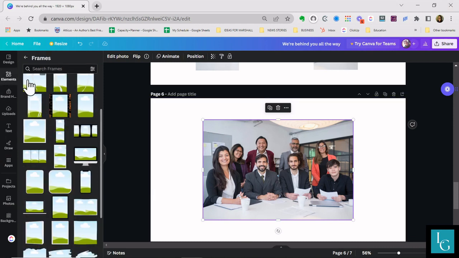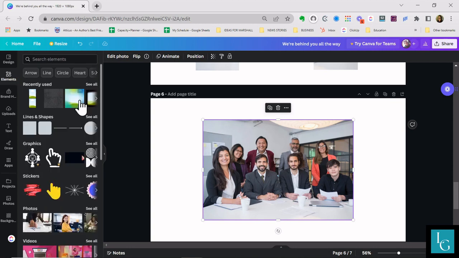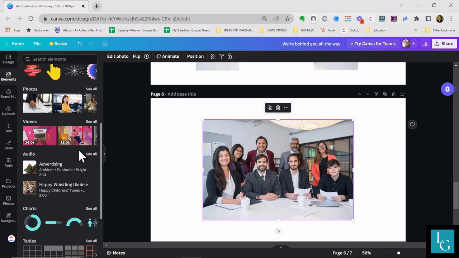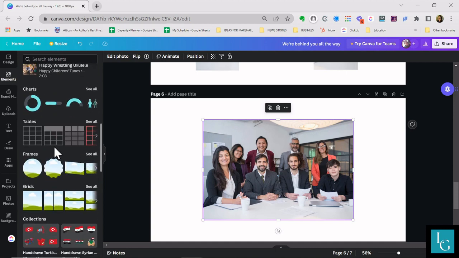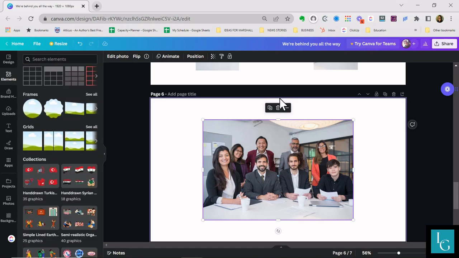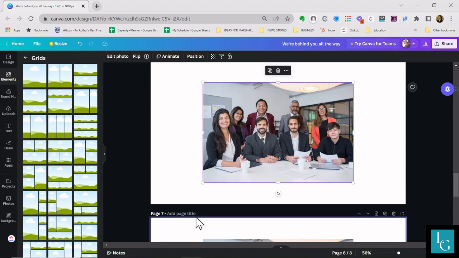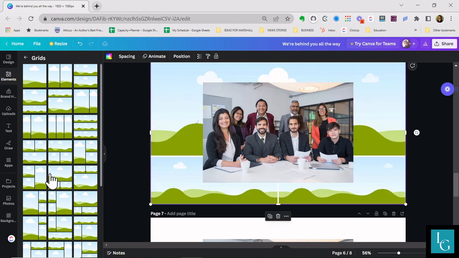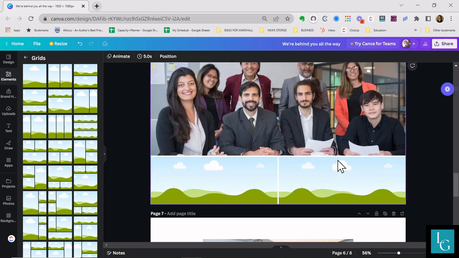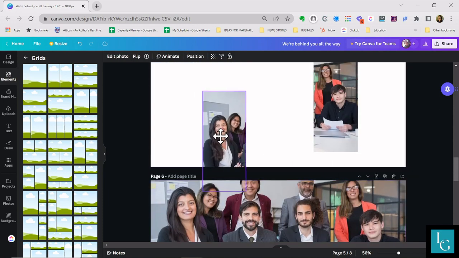Elements. Okay, we're not going to go with frames. We're going to choose a grid. Let me duplicate this real quick. I'll show you what to do with grids. Let's go with a bunch of different options for grids. Let's go with something like this. Okay. We want you up top. So this is everybody. And then we're going to grab